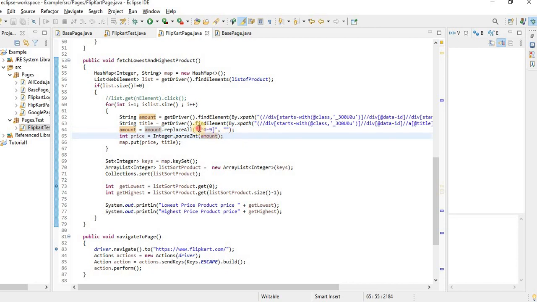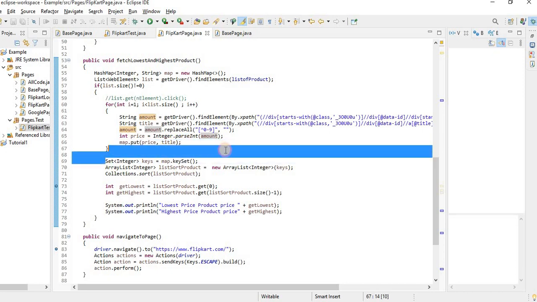So we are using a regular expression for that. What it will do is keep numeric values and replace everything else with empty double quotes. That is a simple one. Converting it to an integer, and then I am just putting the things into the map in key-value format. The key is the price and the value is the title.